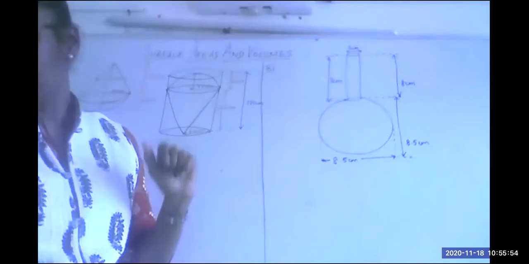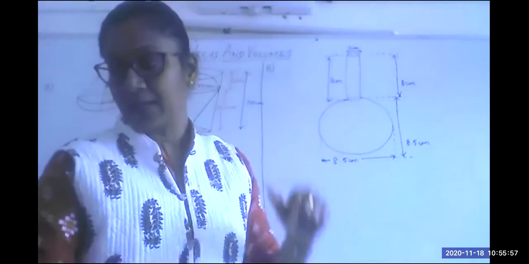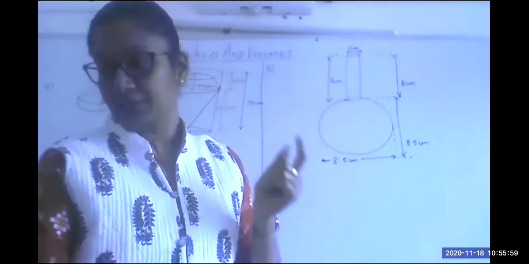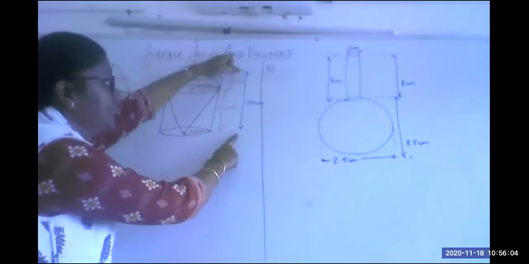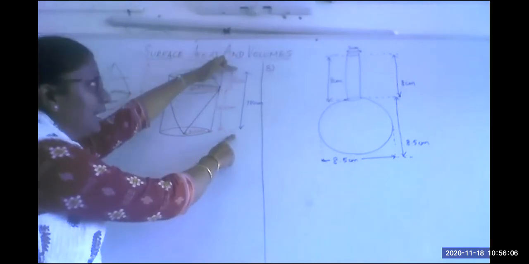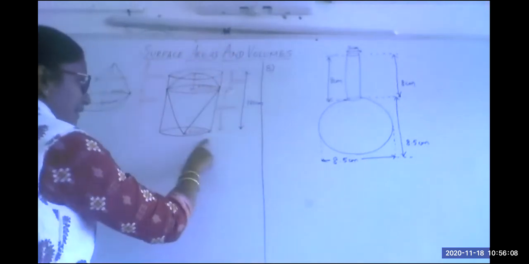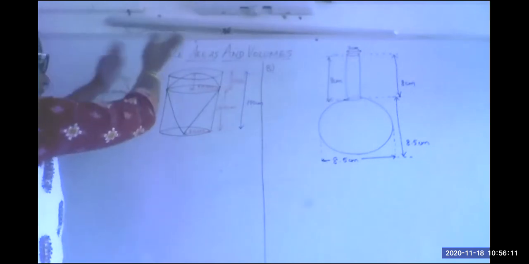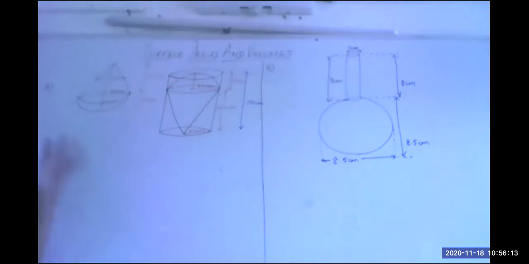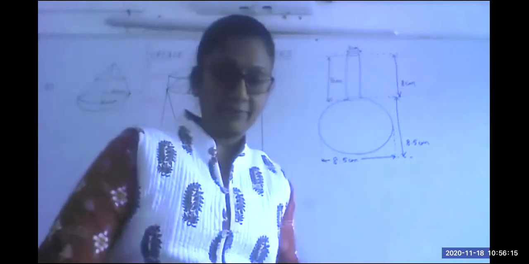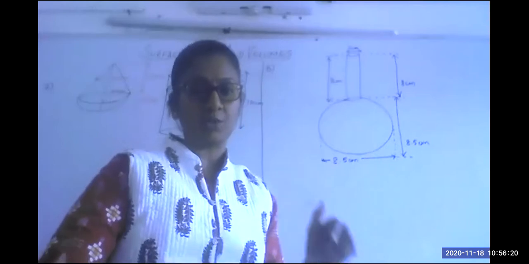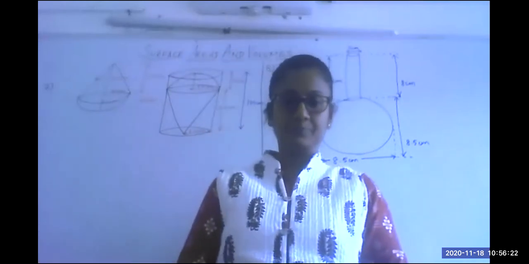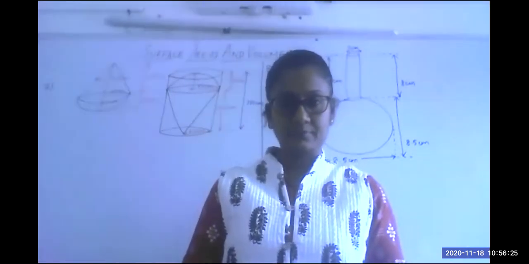Now the question is, find the volume of water left in the cylinder if the radius and the height of the cylinder are given as 60 and 180 centimeters. The total height of the cylinder is 180, the radius is 60. Now after inserting this solid into the cylinder, there is some water which will be left out in the cylinder. How will I find the volume of water which is left out in the cylinder? Ma'am, volume of cylinder minus volume of solid.